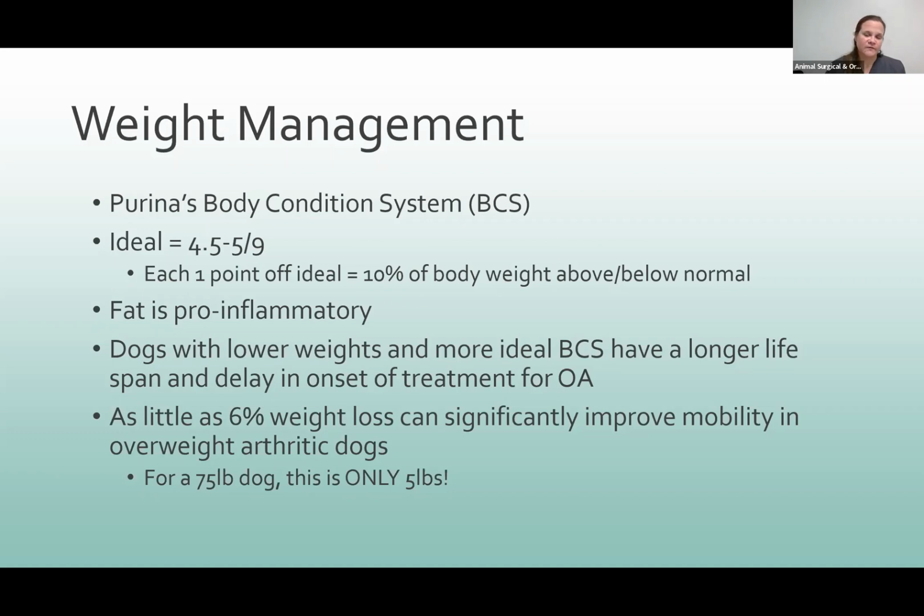I have different studies on this. Basically, the gist is thinner dogs, more ideal BCS dogs, live longer and are less likely to have OA. If they do develop OA, it requires treatment typically at a later time point versus their counterparts. The other fun fact, from a different study looking at overweight arthritic dogs, is that these dogs significantly improved in their